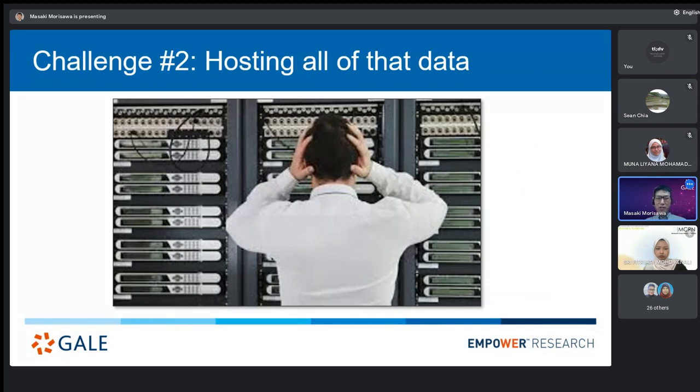Challenge number 2 was a bit of a surprise to us. Hosting all of that data in servers was actually a challenge. And this is not a technical challenge. This is more of a bureaucracy challenge. For instance, Dr. Kat Gupta at the University of Nottingham, after she finally got the hard drive USB from us, it took them many months to simply get a copy of that data installed in their university servers, because they had to ask many different divisions in the university for permission,